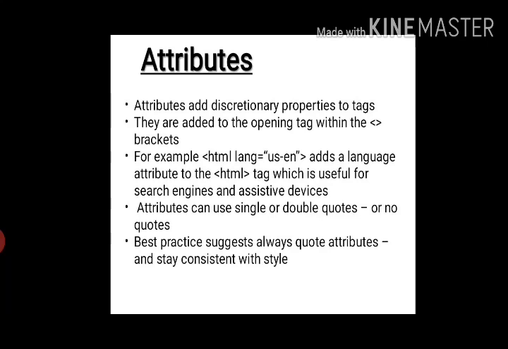I already used the term attribute. Attributes are properties of tags. Attributes are added in the opening tag. Attribute values are written in single quotes or double quotes. For example, the body tag has an attribute color. So after the body tag and a space, we write color equal to, in single quotes or double quotes, and the value of that attribute is notated.